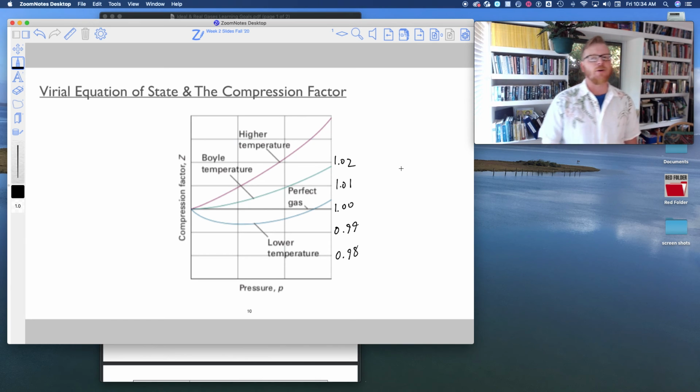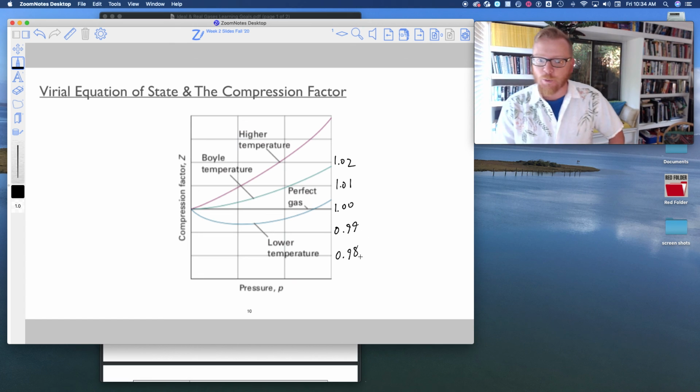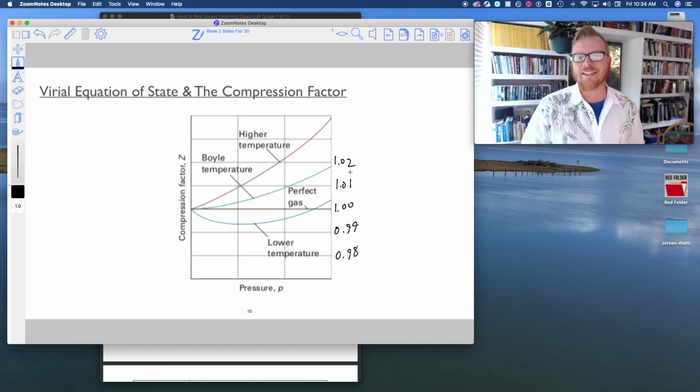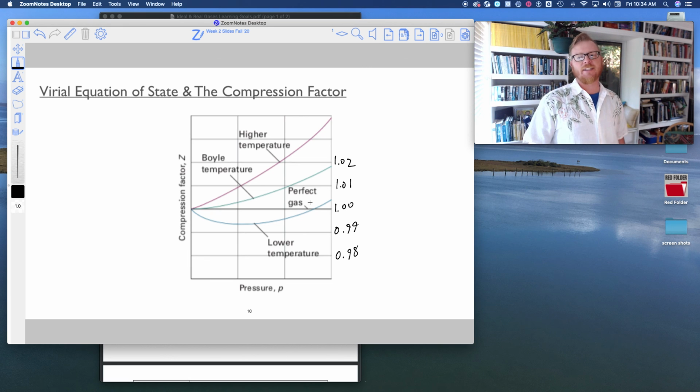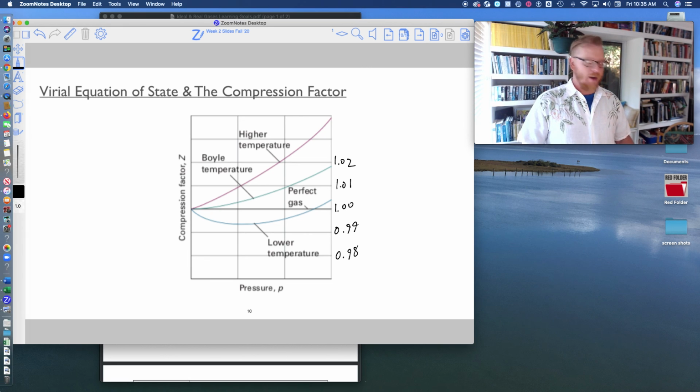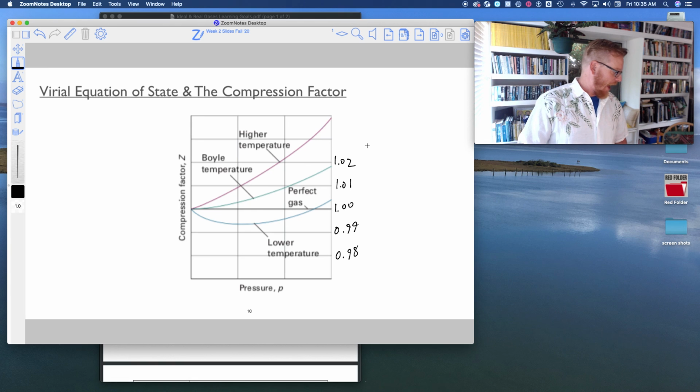We're hardly ever going to see compression factors that are like 1.5 or 2.0. We're not going to compress a gas by a factor of 2. We might compress a gas by like 1% or 2%, okay? Or we might expand that gas by 1% or 2%. So it's not reasonable to see these compression factors go up by these giant factors, okay? And so